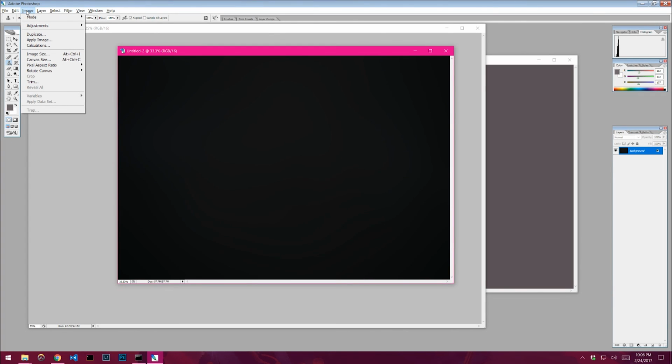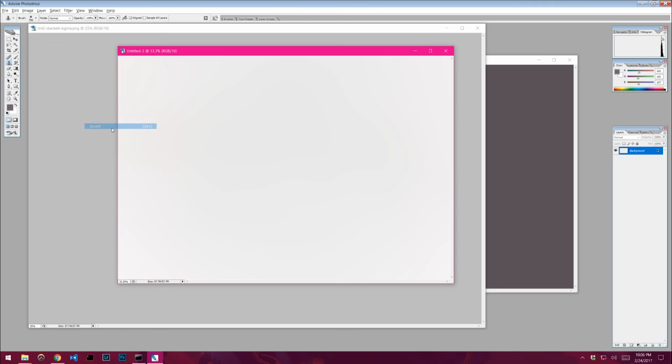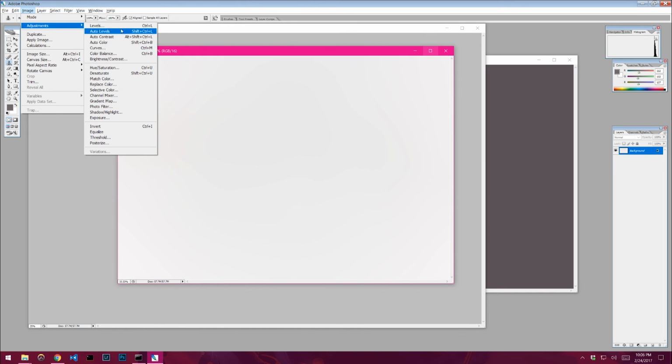Then we're going to come up to Image, Adjustments, and invert the image. Now you can't really see much here, but if you look up here in the histogram, this is where the spike is. Sorry about that. This is where the spike is, and we want to bring that all the way down as far to the left as we can. So to do that, we're going to come up to Adjustments,